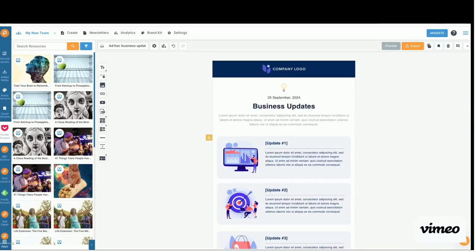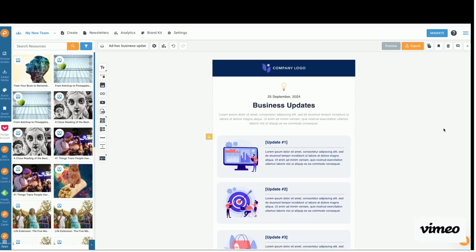We're often asked, how do I add a new row? And the answer is, well, maybe you don't need to add a new row. So let me explain why. First of all, whenever you want to build your newsletter, you can drag and drop anything anywhere, and this will